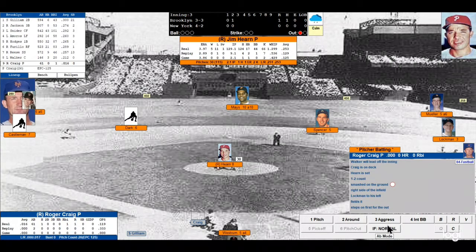In the reel, not much of a batter. Batted .016, 61 at-bats, 1 hit. So he's not a threat from the plate. He's not swung the bat. He has had 2 plate appearances. So Hearn bearing down on Craig,